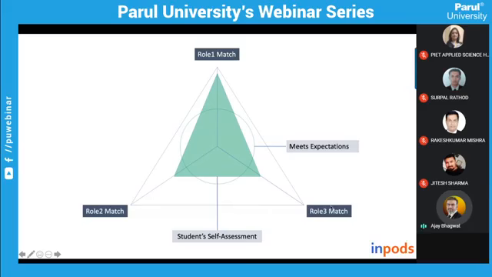So these are the 3 roles which we just talked about. And this sphere here is about meeting the expectations. So if the student is crossing this point here, they are likely to get a job here. The more they are towards this, naturally the more suitable and favorable they are for the job for those roles, right? That's the idea here. And if the student is looking at his or her own performance, they may say that they are very good here, they are almost there, they are almost here. But the system can tell them that that's not so. Their assessment about role number 1 is right, but it may not be that accurate for other roles.